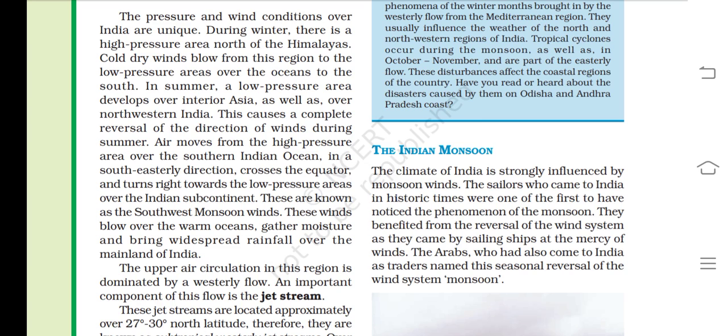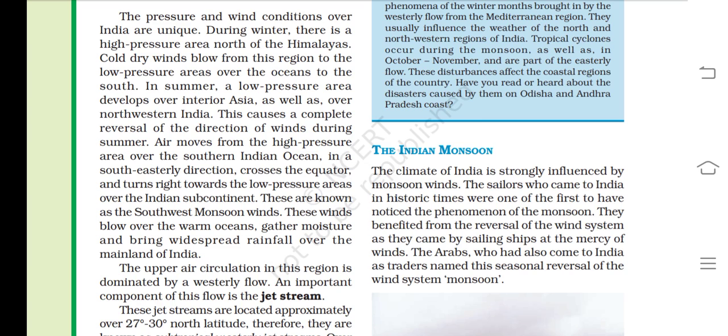Now if we are talking about climate, we are first going to discuss the Indian monsoon. The climate of India is strongly influenced by monsoon winds. The sailors who came to India in historic times were among the first to notice the phenomenon of the monsoon. Means those sailors who came to India from outside the country were the first people who noticed how the monsoon winds influence the climate